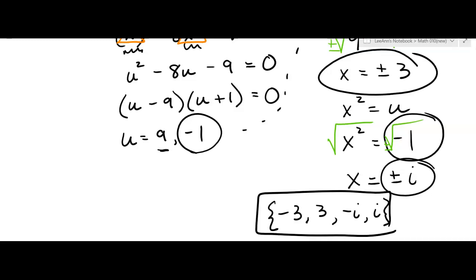Now you might be wondering about checking them. Of course you could check them. I did not square both sides. I did not raise both sides to a power, so I don't have to check them. An even